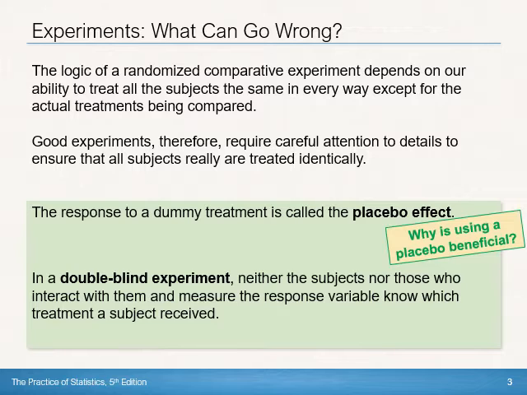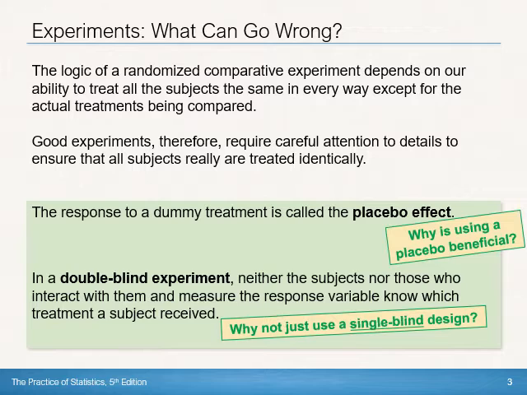So we talked about blind experiments. Blind experiments just mean that the people who are the subjects, the people who are getting these treatments, don't know if they're getting the real treatment or if they're getting a placebo. And then a double blind experiment just means that neither the subjects nor the people interacting with them know what treatment group they're in. So in other words, you come by once a month for your